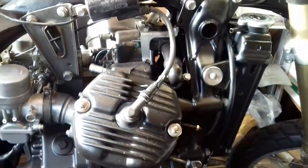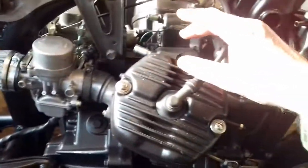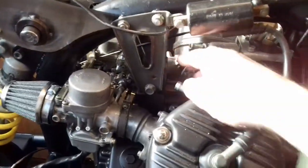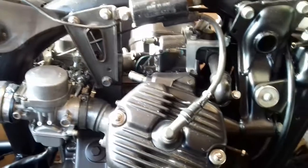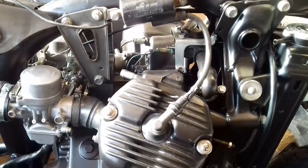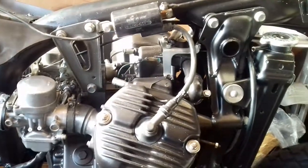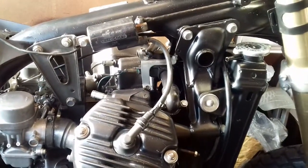So I'm just going to rig up. I've made the frame for the bottle to fit in. I'll show you that at another date. So I'm going to cut that down. You're going to use these holes in here for the bolt holes. Get these pipes laid in. Then we can fill up the water system, get some oil in it, and just finish up the last little jobs. And then it'll be a matter of getting it in the van, take it down to my brother's, and then we've got